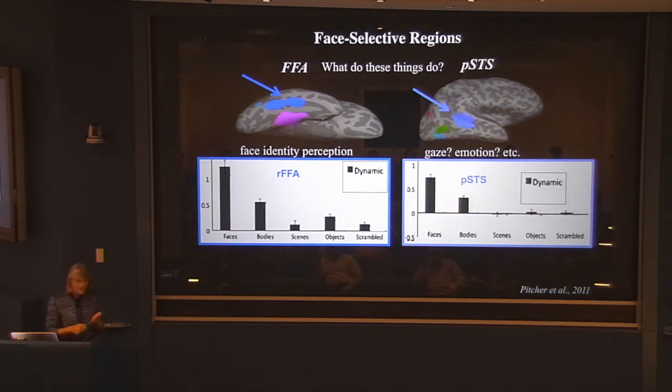So that's the usual story, and I think that's approximately right. Here's some data that David Pitcher and I collected a few years ago, showing the selectivity of this region. So when I say these things respond selectively, here's an example of what I mean. This is now the magnitude of response. You identify that region, and then in a separate bunch of data, you measure the magnitude of response in that region to a bunch of different conditions. And you can see it responds a whole bunch more to faces than anything else, and similarly so in the superior temporal sulcus face region. Okay, so if everybody's oriented, that's just showing you what we sort of know already.